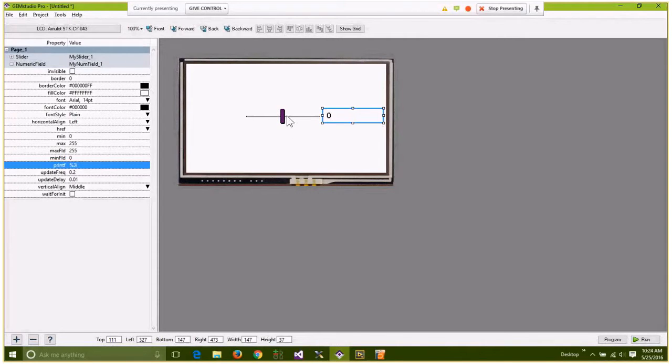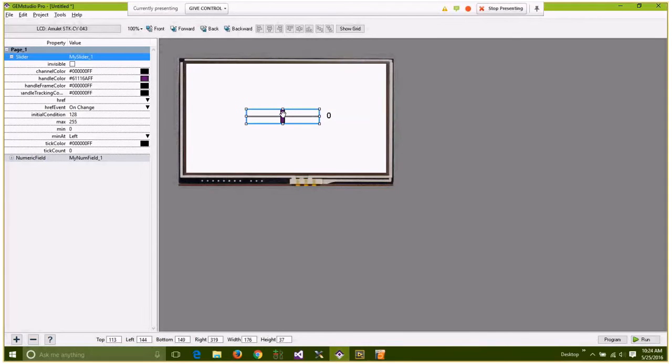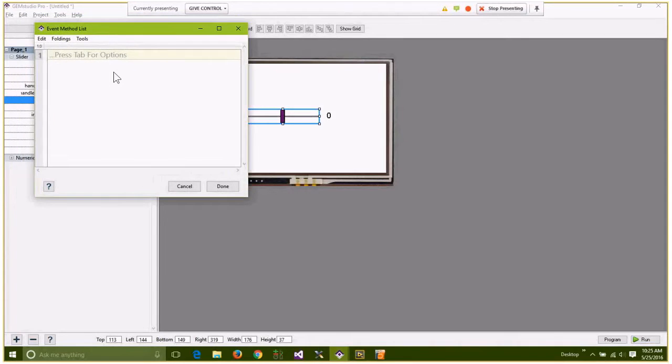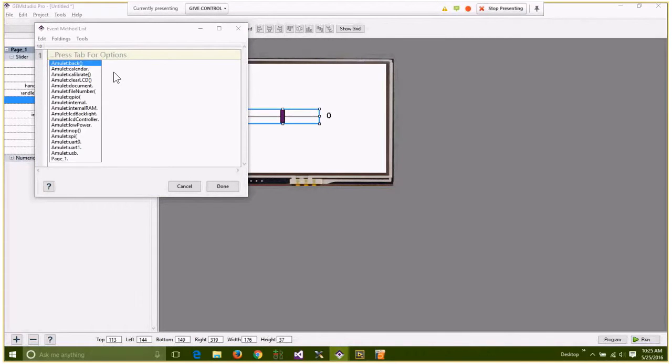So now that we have our slider and our numeric field on the page, we need some way for our slider to control the numeric field. So to do that, we change the href parameter. The href parameter allows you to enter functions which interact with other widgets and the Amulet hardware. So clicking on the href parameter opens a dialog box where we would enter those functions. A feature of the href parameter, or the dialog box that opens, is the auto completion. So by pressing tab, we open up a list of our options for